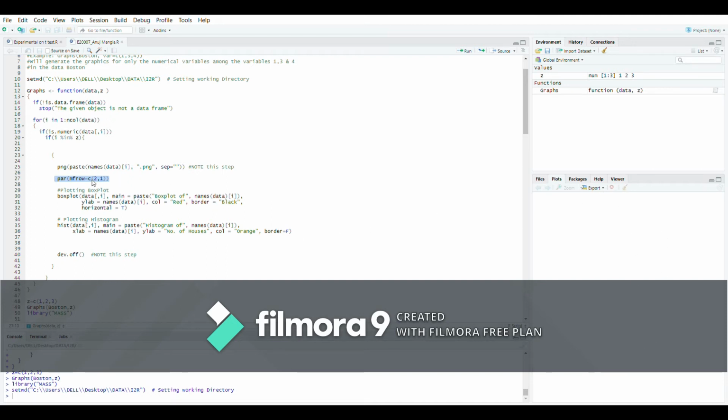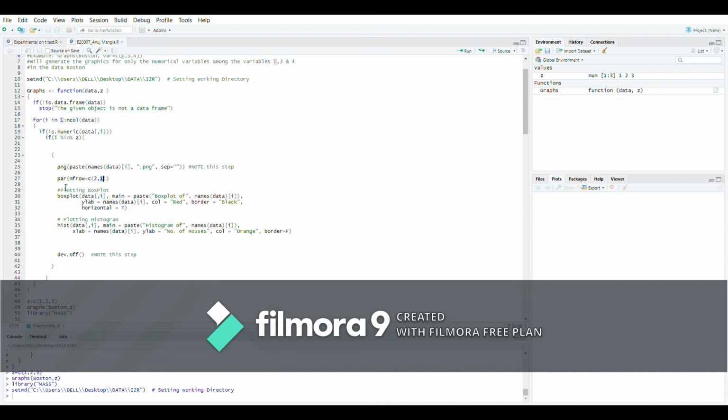First, in this par function, there is an argument called mfrow, which gives the parameters for how many rows and how many columns will be used to show the plot. I have used two rows and one column for plotting my two graphs on the canvas.